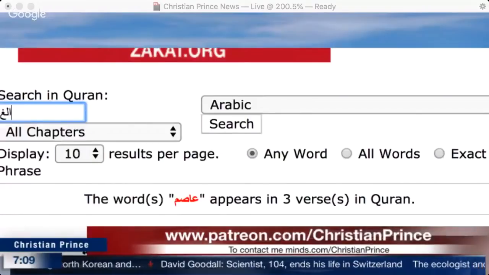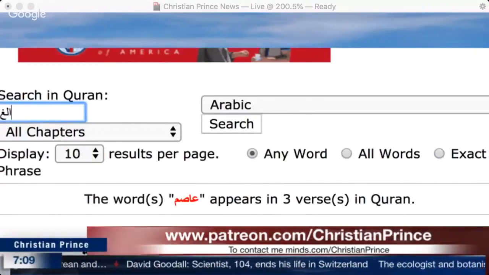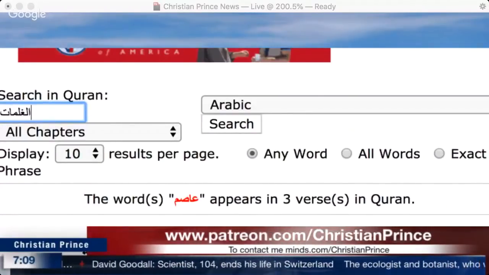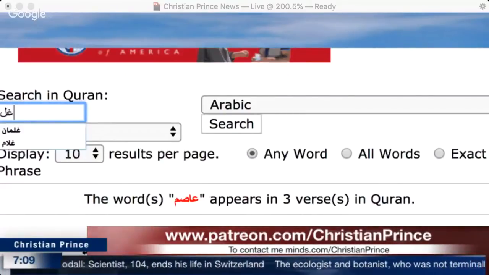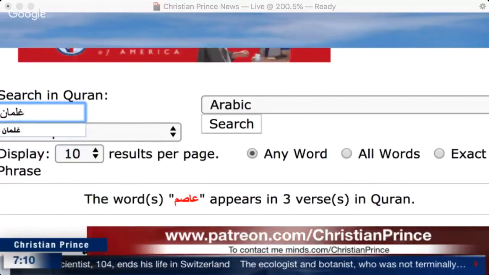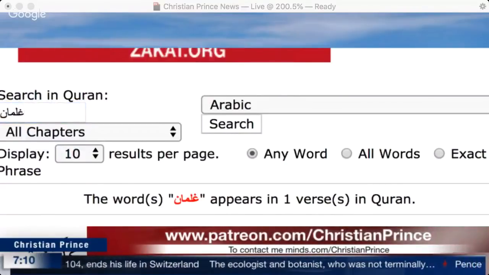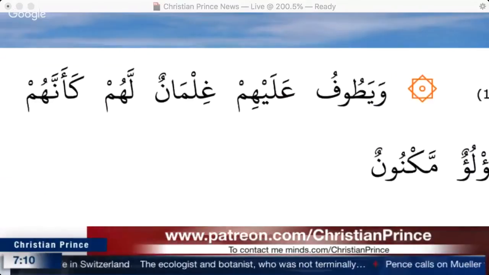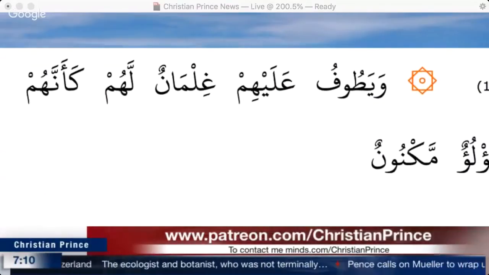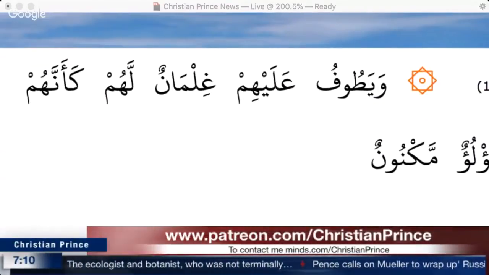Why is he describing their beauty? The word is gulman. We discussed last time. The word gulam in the Quran is used for son, male son. No, but those are they. It says that those are going to go around them, and they are very pretty, right? The lineage would go around you. No, no, no, that's what the verse said.